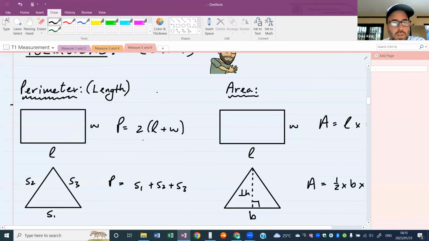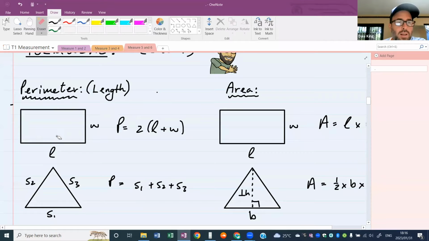All right, so the formula is I need a length and a width times 2, because I've got 2 lengths, 1 there, 1 there, and I've got 2 widths, 1 there and 1 there. Okay, now